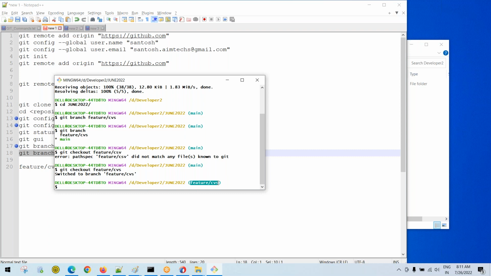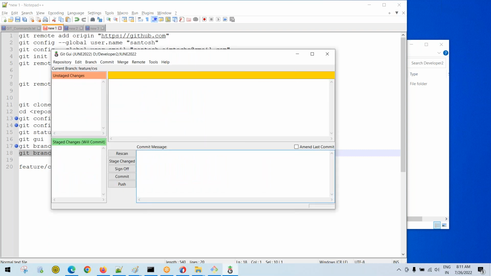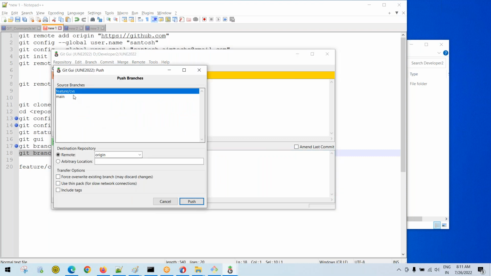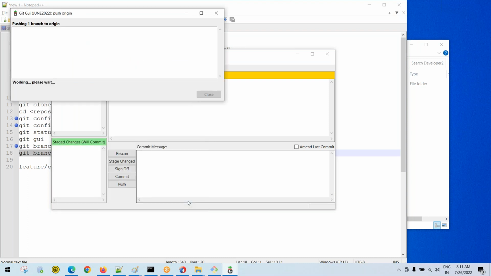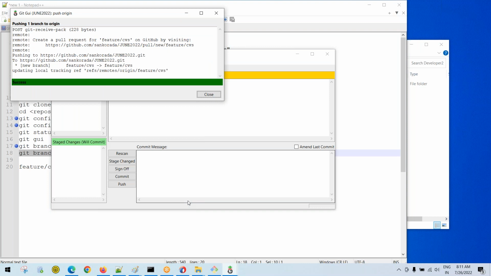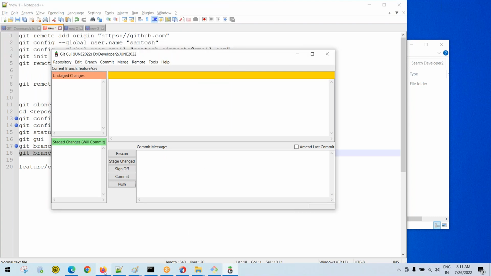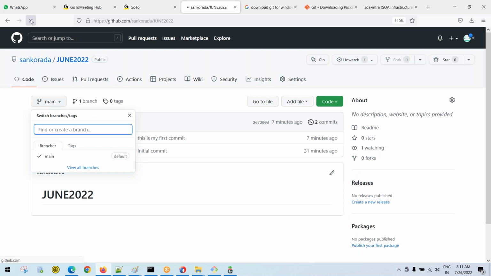feature/CVS. And here in Git GUI, just go to Git GUI and say push. If you say push, this will be reflected into your server. Just push. Whatever local changes you made, if you want the local changes in the central repository, you need to perform the push operation. Done. Now go to your central repository, refresh the screen,